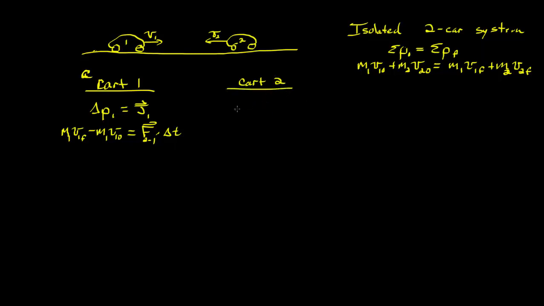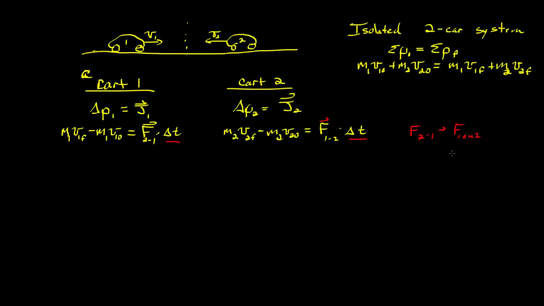So for cart 2, we're going to get a change in momentum on 2 as well, and that would be the impulse on 2. Likewise, we get mass 2 v2 final minus mass 2 v2 initial is equal to the force changing this thing when they collide, which is the force of 1 on 2. So we get the force of 1 on 2 times delta t. The delta t is the same for both because they're in contact for the same amount of time. And if we look at these forces, the force of 2 on 1 and 1 on 2,